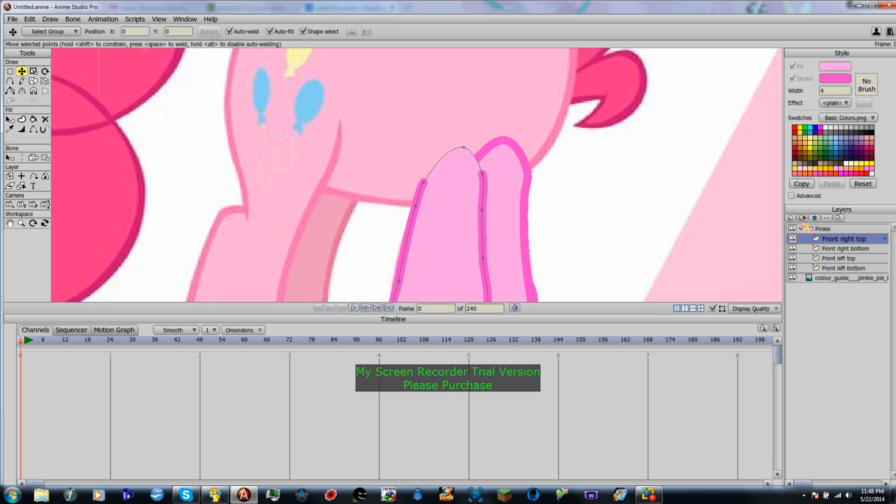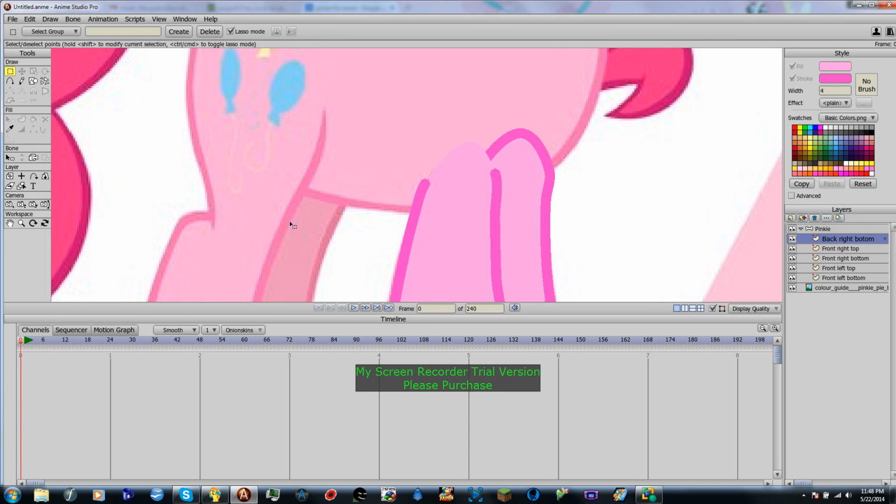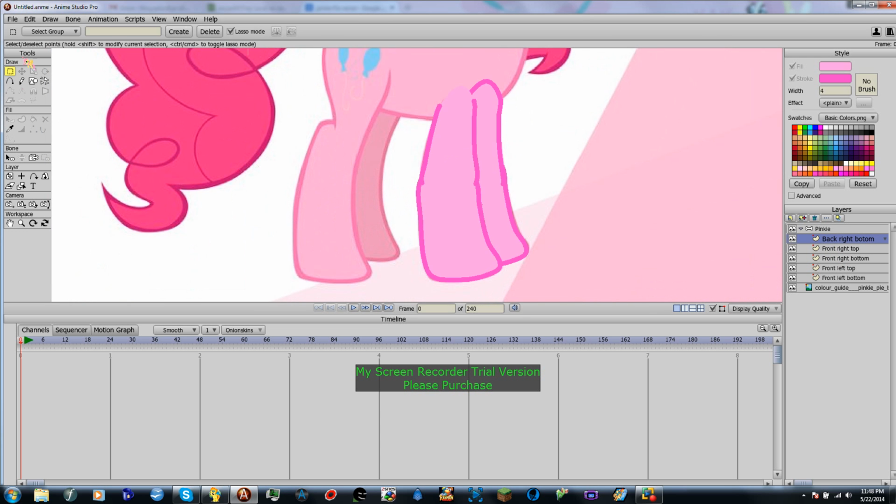There. So we're going to create a new vector layer. We're going to name this back right bottom, and then we are going to do the same process all over again, creating points,